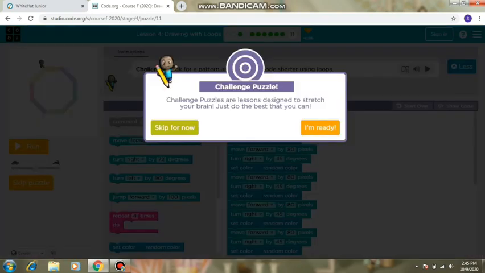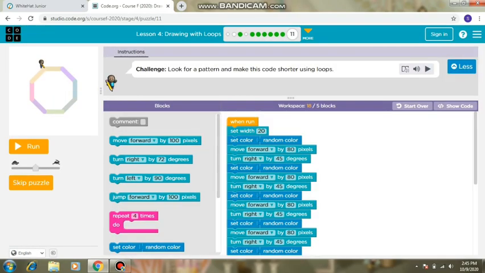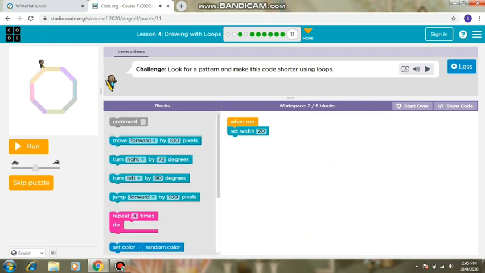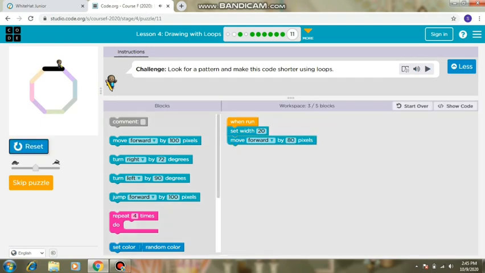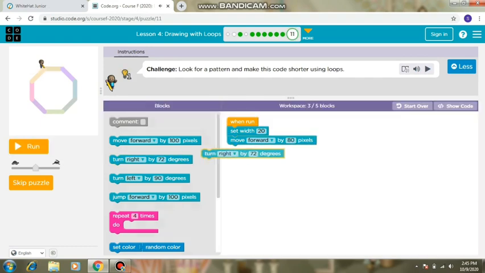In this activity we have to estimate by how many degrees we have to turn and how many pixels to move. So first we will move forward by 80 pixels. So let's see if we have to move. Yes. Then we will turn right, but we have to check by how many degrees. I have inserted 45.